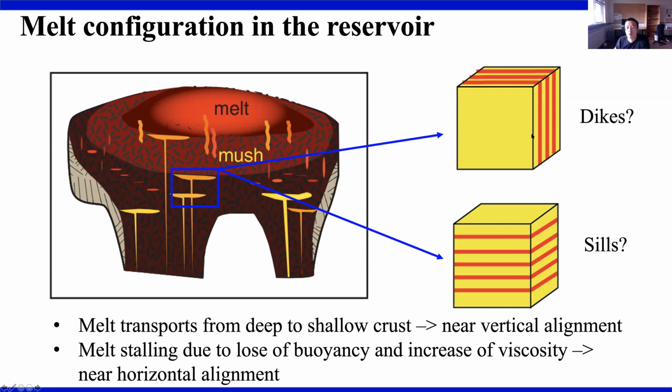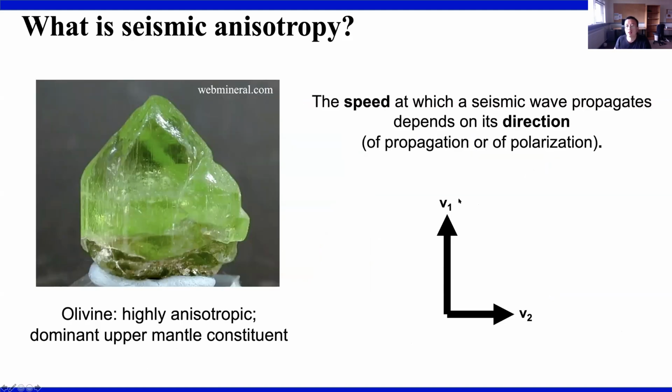But these two magmatic features correspond to a perfect anisotropic system, which we can study by not just investigating the isotropic part, but including